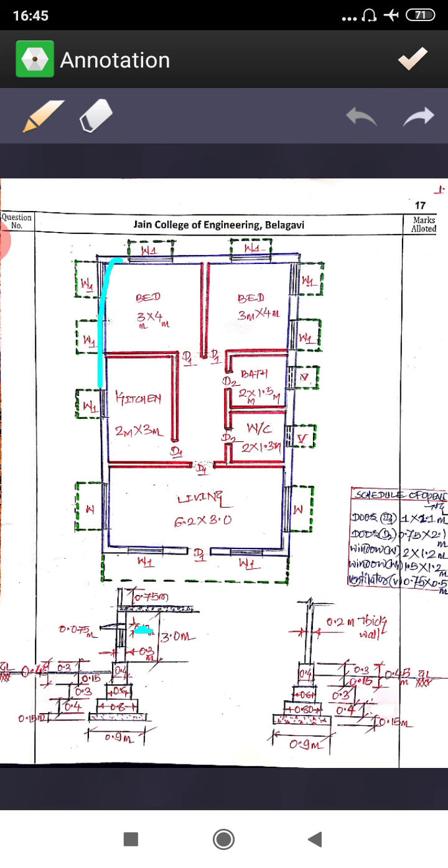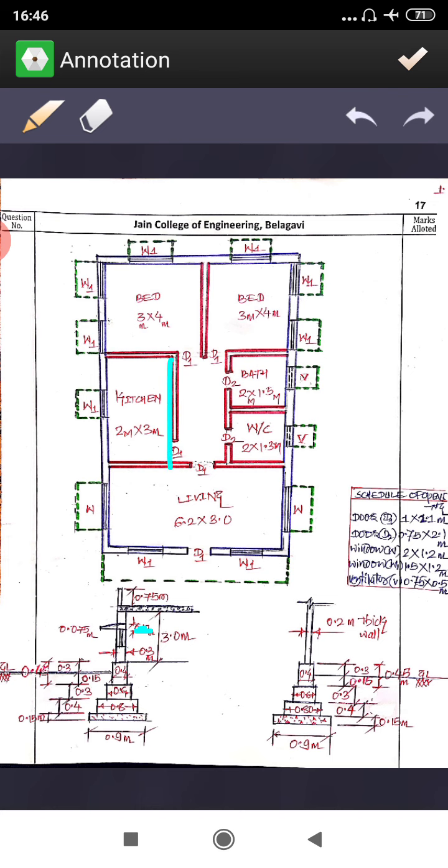This the outer wall, all is 30 centimeter wall joining 30 centimeter. So I am going to determine the center to center of this outer wall 30 centimeter joining 30 centimeter. Then I'll be taking the 20 centimeter wall joining 30 centimeter. Here this one is there. Here this is also 30 centimeter joining 20 centimeter. Here 20 centimeter joining 30 centimeter, and here also it is 20 centimeter wall joining 30 centimeter. So this is one group I am going to make, and then I'm going to make one more group of 20 centimeter wall joining 20 centimeter.